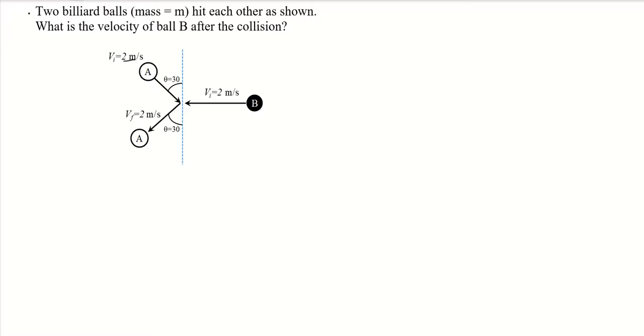So if we define that as our system, the total initial momentum is going to be equal to the total final momentum. And momentum, as we remember from last video, is a vector. So we can use this equation and, much more simply than using anything else we've learned this semester, analyze this problem. These are vectors, so we have to do it component-wise. We're going to look at the x components of momentum and then the y components of momentum.